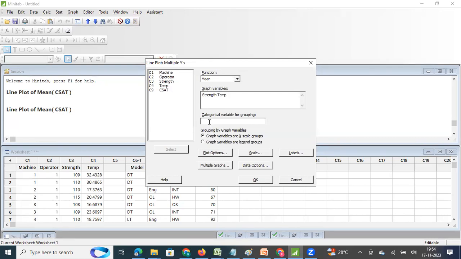In the category, first I'm going to analyze how strength and temperature change depending upon machine. I have 4 machines, so how the temperature and the strength of fabric change depending upon which machine it gets operated on. Now if I click OK,